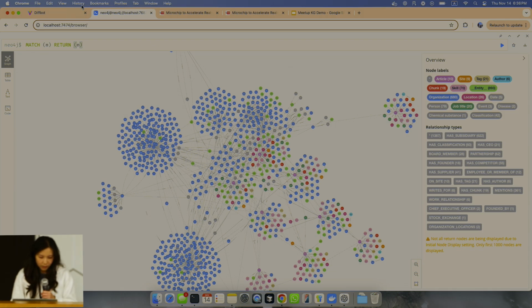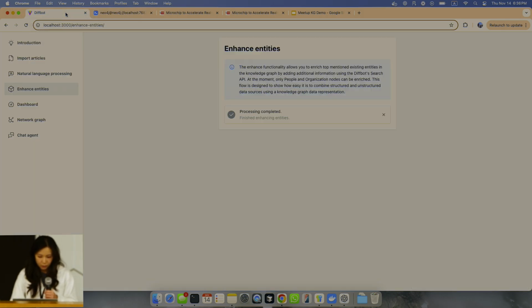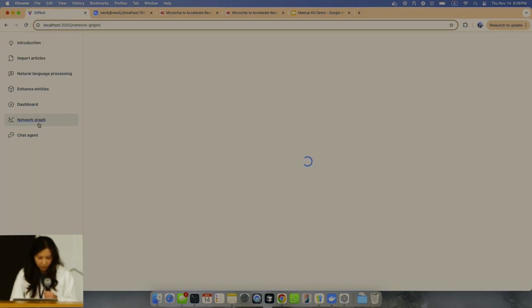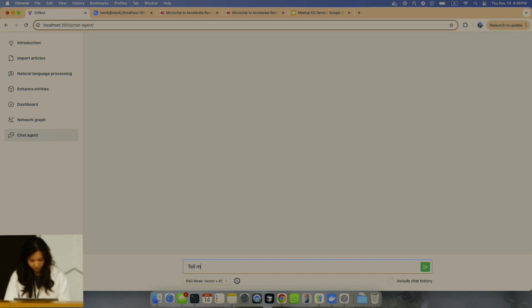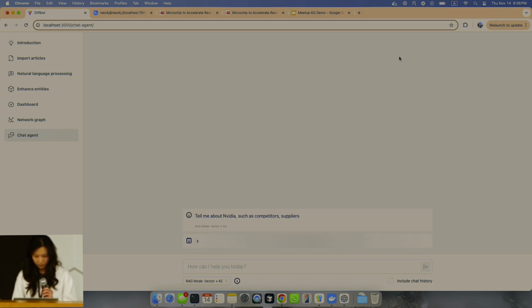I'm not going into detail about the specific nodes, but if I ask the same question, and here you can see RAG mode, I'm changing from vector only to vector plus KG. I'll explain that in a bit, but let's ask the same question again. NVIDIA, such as competitors, suppliers. Okay, let's wait for it.